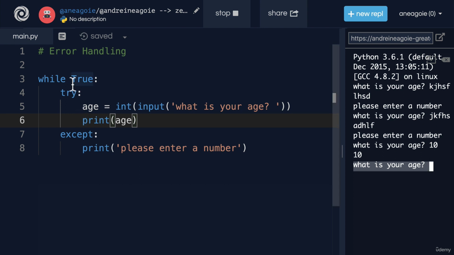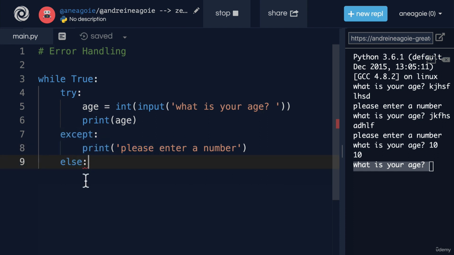Ideally, I want to break out of this while true statement, right? So how can I do that? Well, I can use what we call in here an else block, which we've seen before. But this works with the try except block. We put it at the end. It says, hey, try this. If there's an error, do this. However, if there is no error, else